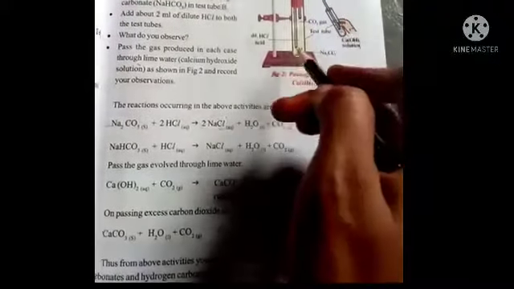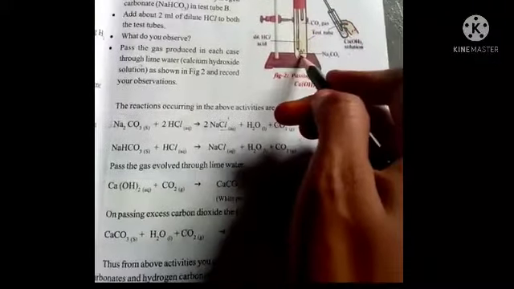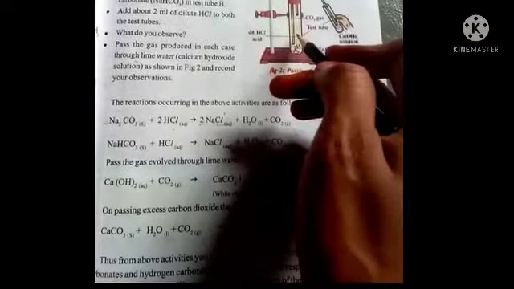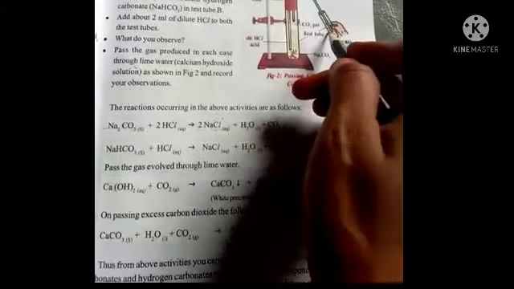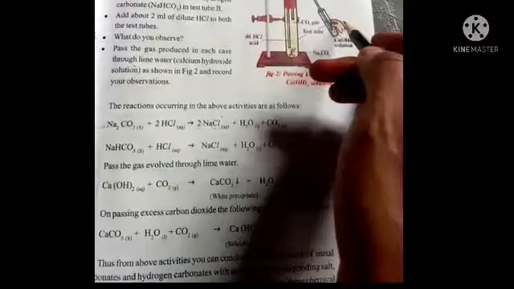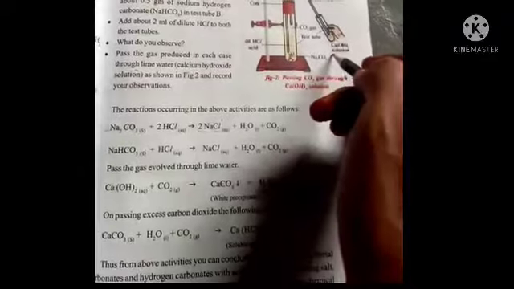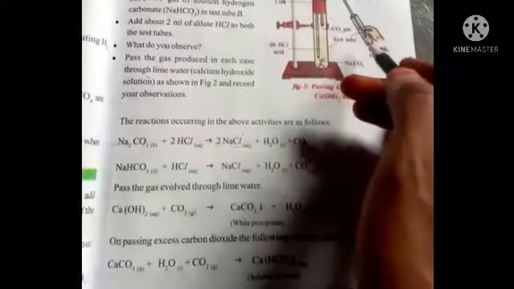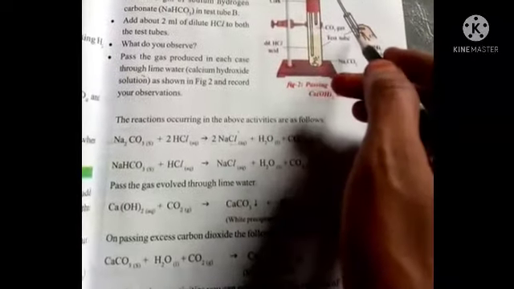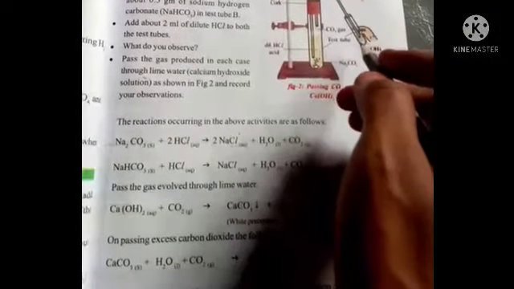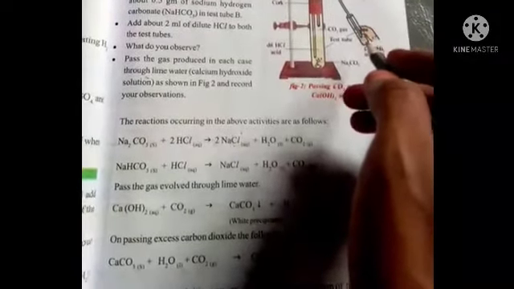Here we take the two chemicals, sodium carbonate and HCl. After the reaction we can find carbon dioxide gas. Then how do we identify the carbon dioxide gas? Here we take calcium hydroxide solution, that means lime water. The gas enters the small test tube, which separates the water and the powder-like